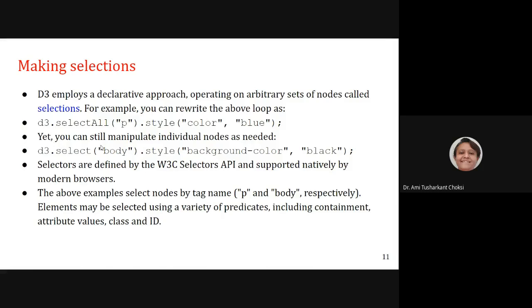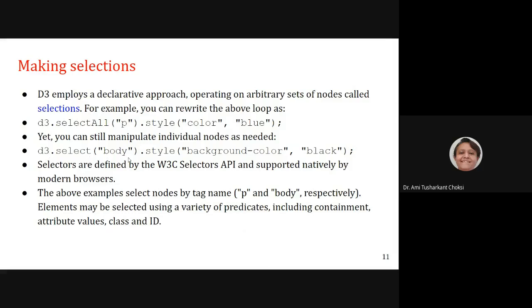Yet you can still manipulate individual nodes as needed. For that, we can say d3.select body .style background-color as black, right? Here you are setting the color of all the p tags of our HTML page as blue. Here what we are doing is d3.select body.